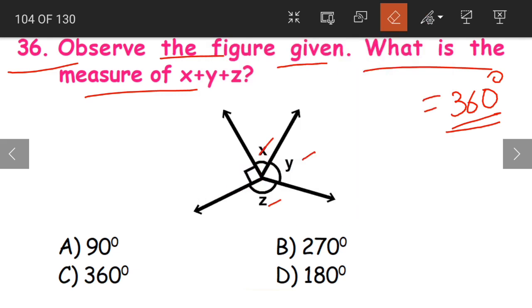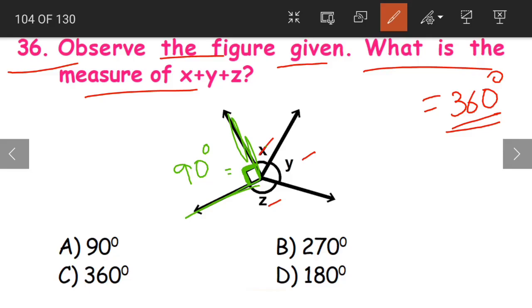How do we know that it is a right angle? First, it is in L shape, and again look at the angle shape here. It is also given in L shape. So that means it is nothing but a right angle that is equal to 90 degrees. A right angle's measure is always equal to 90 degrees.